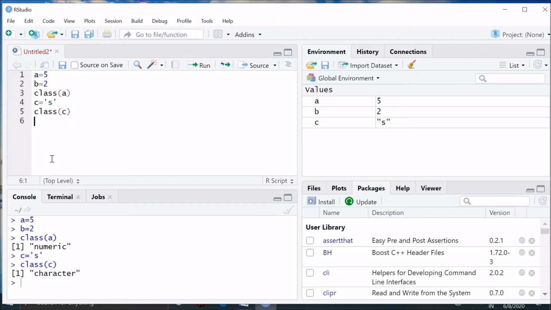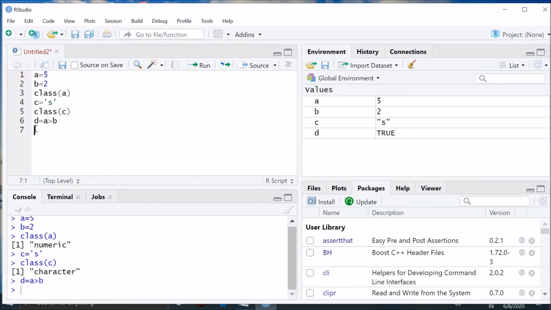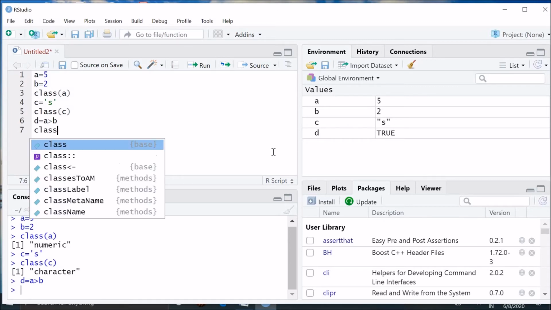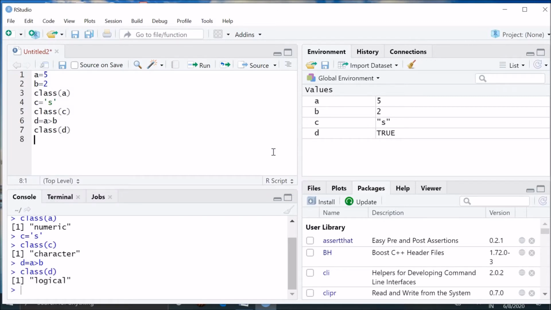And as we try to get a logical value, that is A is greater than B, stored in D, and now class of D. See, it gives you logical.